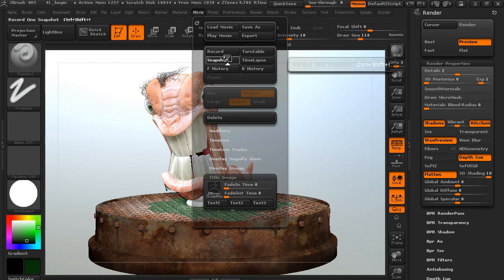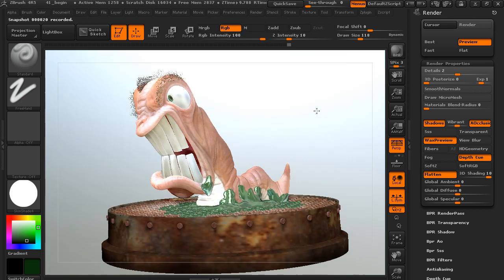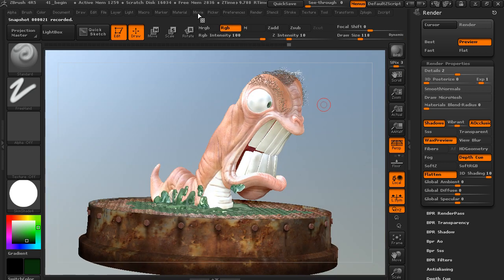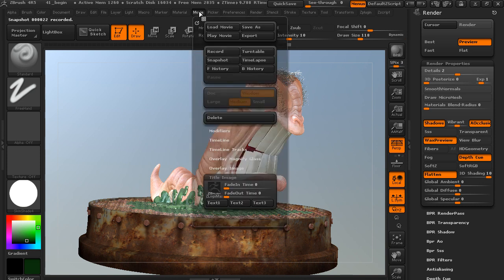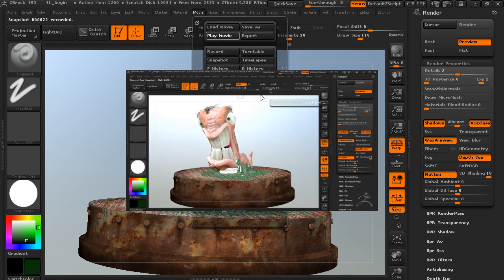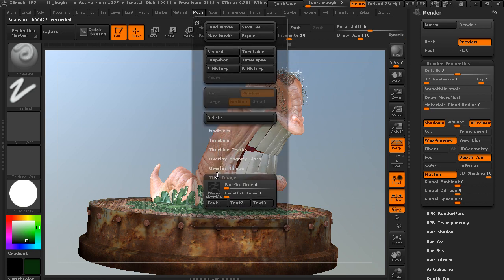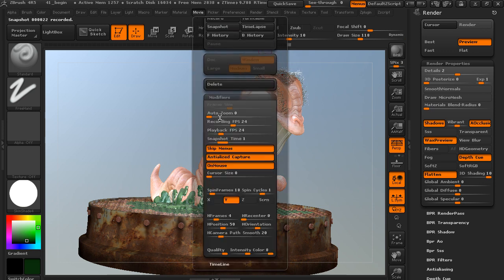Now we can also come in and take a snapshot. So we could just take a snapshot here, take another snapshot here, and another one over here, and that's actually appended onto our movie. Okay, now it went really, really fast, and so you have some modifiers in here